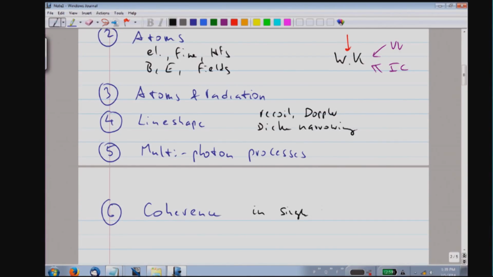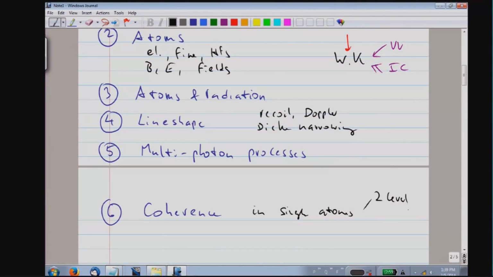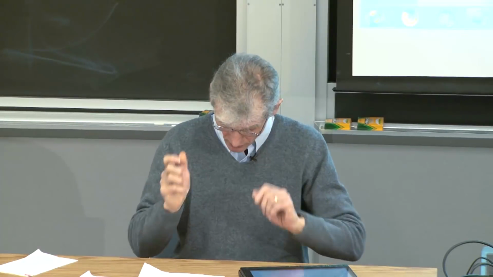We have coherence in single atoms. The simplest one is a coherent superposition of two levels, which is so simple that it's almost boring. But there is an enormous richness when we put in a third level. About 20 years ago, an understanding of three-level physics has really created a new frontier in the field. Let me just tell you buzzwords: lasing without inversion, electromagnetically induced resonance. Those concepts happen due to coherence between three levels. And we'll talk about them towards the end of the course.